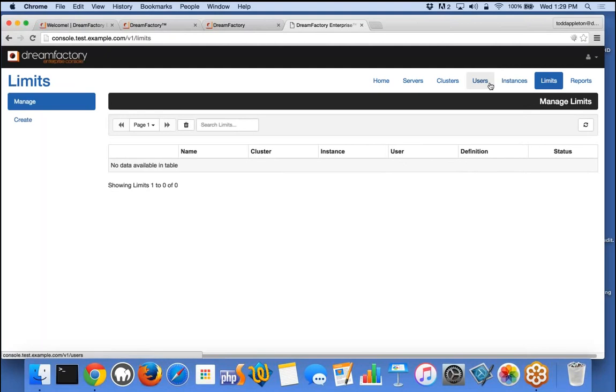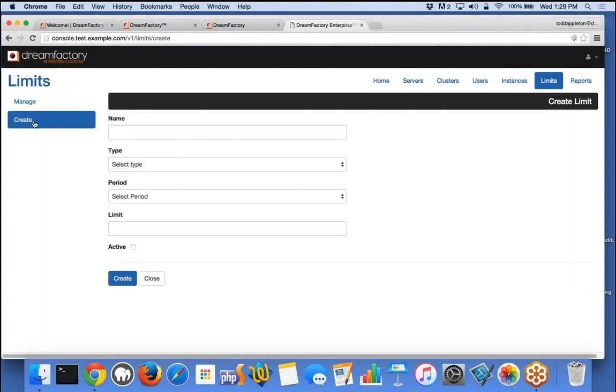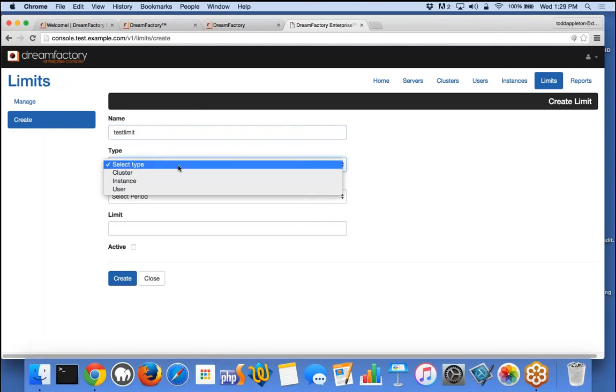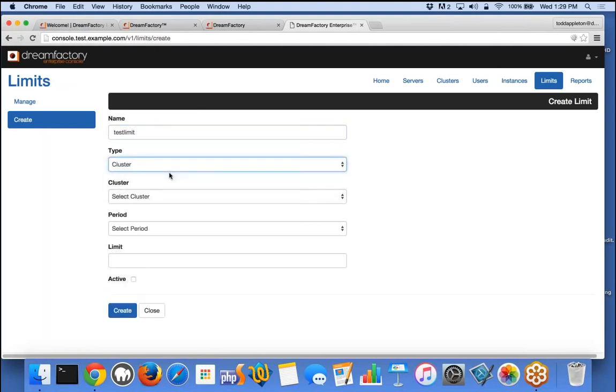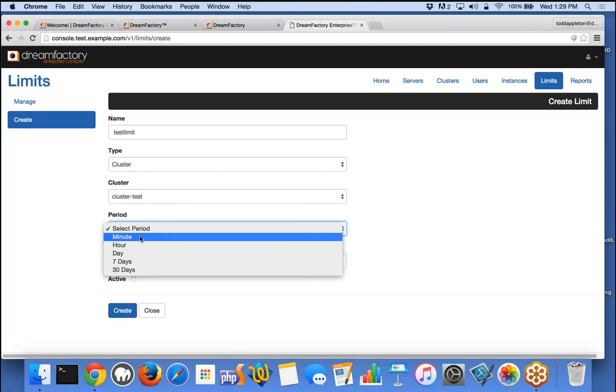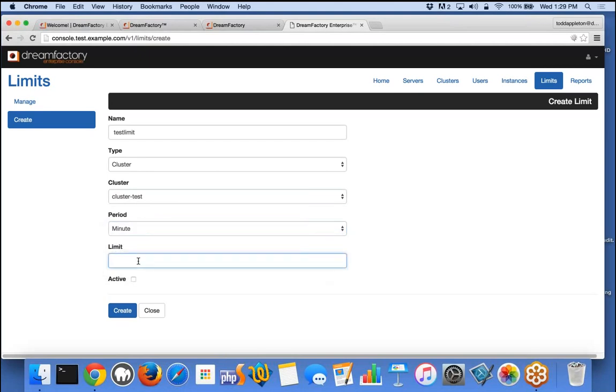One powerful capability is the option to define API limits, and this can be done at multiple levels. If I click Create here, I could create a rule, and it could be, okay, for this particular cluster-test, I want to only allow 1,000 calls per minute. So it's like minute for the period, 1,000. As soon as I set it to active and click Create,